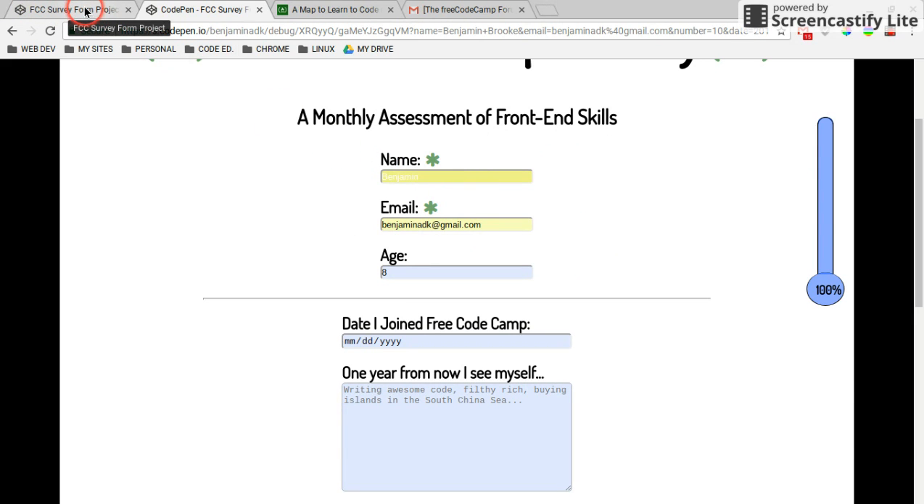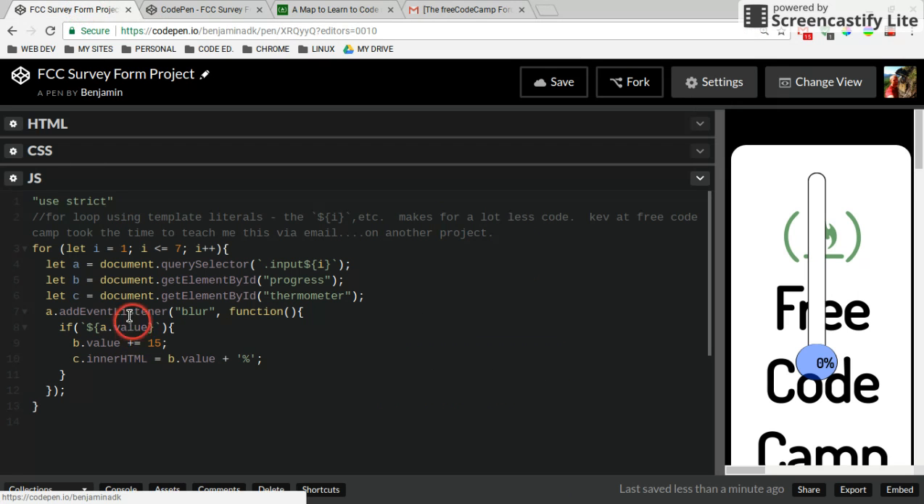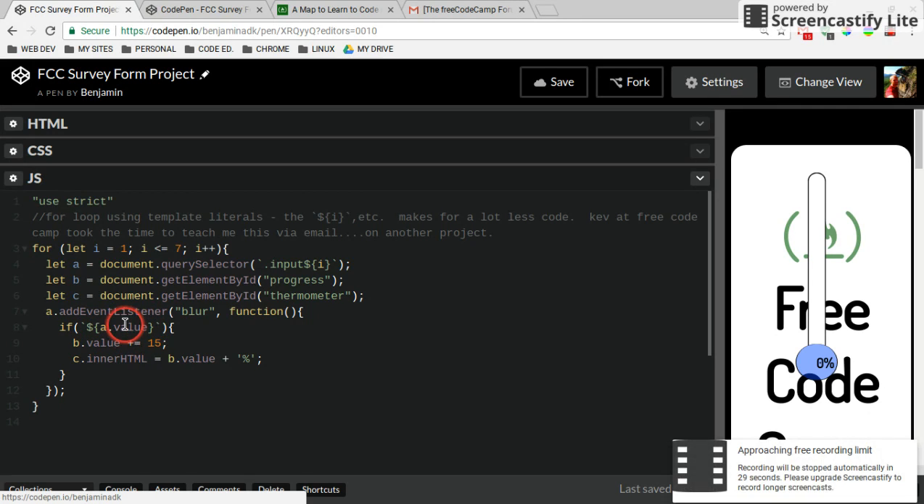But anyway, so you just need one function, but it applies to all of them one at a time. And then you say if that value exists, because if there's nothing in the form, it's just a placeholder and there's nothing there, so it returns undefined. Then you increase the value of the progress, and